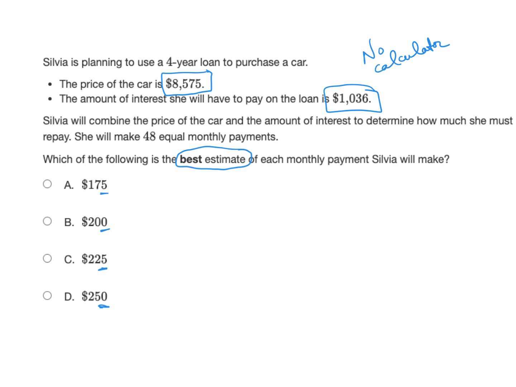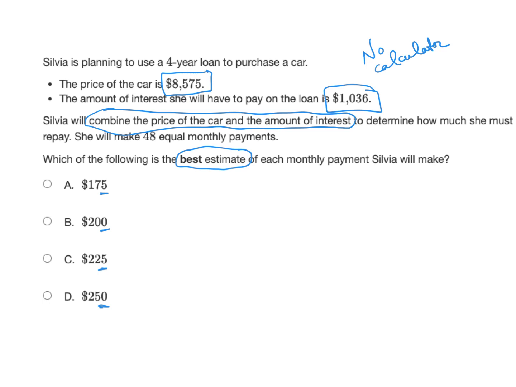Okay, so we need to go back. I want to reread this again. So we have the price of the car is $8,575. And the amount of interest she will have to pay on the loan is $1,036. Okay, so those are our two numbers. And she will combine the price of the car and the interest to determine how much she must repay. All right, so